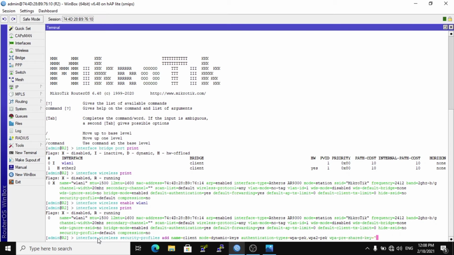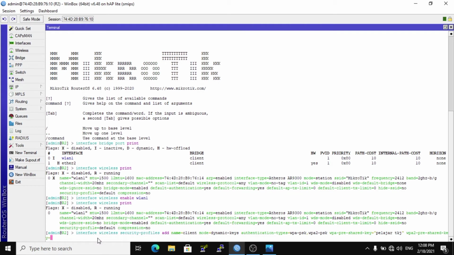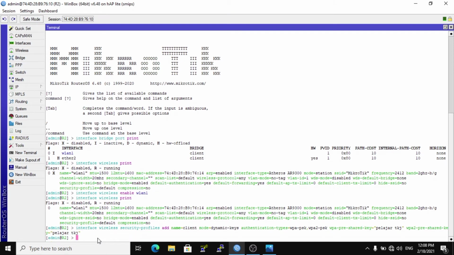This is the password for the access point in the router server. Router server using password pelajar TKJ and WPA2, using password pelajar TKJ, and click enter.